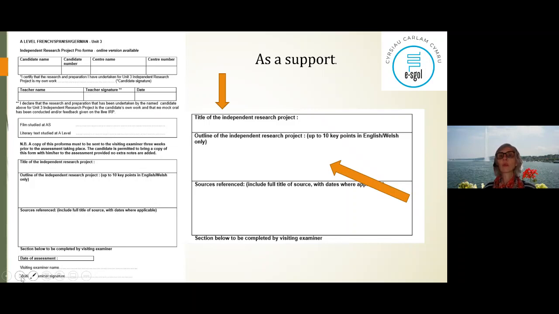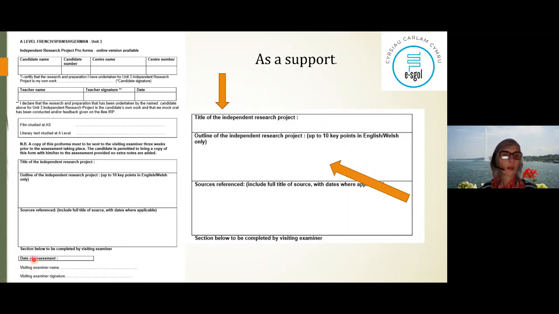And what I like about it, now if you've already done your project, outlining 10 key points will show you if you know enough about it, if you've got enough ideas to answer questions in the discussion, and also will help you to organize your ideas, because perhaps you know a lot already, but it's always good to see it in written form. Just bullet point 10 in your mother tongue. Doesn't need to be in French. It's just to remember what you will do, what you should do, and see if you missed out something.